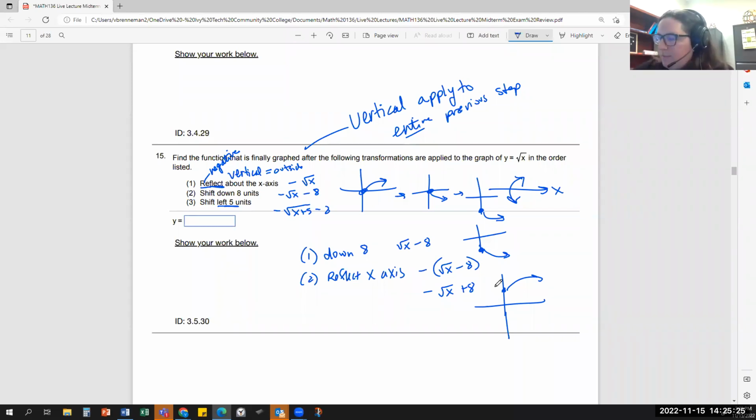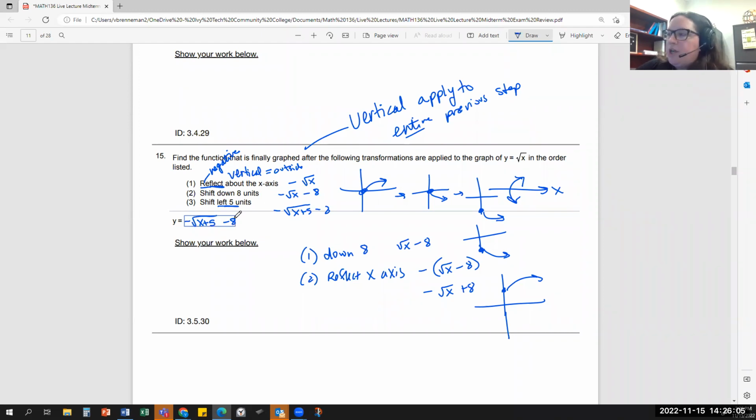In this particular example that wasn't an issue, but it could be on the actual exam. So you want to know what to do depending on the order that you're doing those transformations, in the order they come, and then know the transformation rules to apply negatives for the reflection, shifts up and down, left and right, whether those go inside or outside, and whether they should be a plus or a minus. So this would be negative square root of x plus 5, and then outside of that -8.